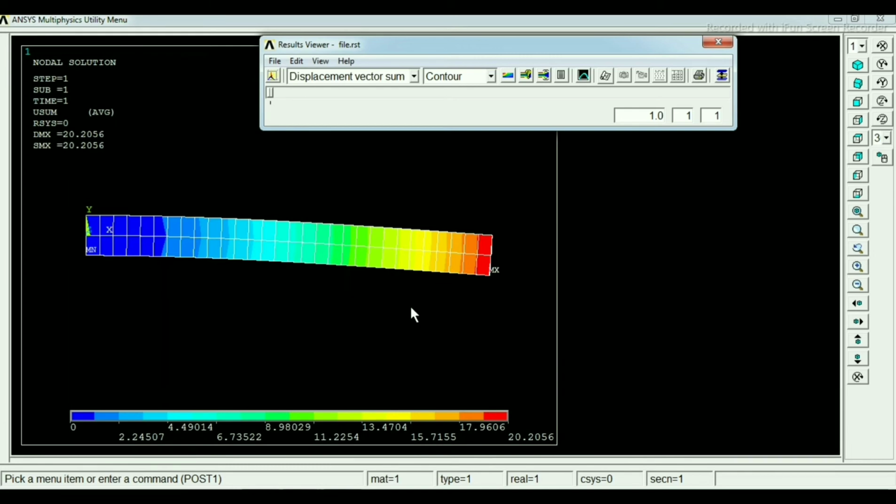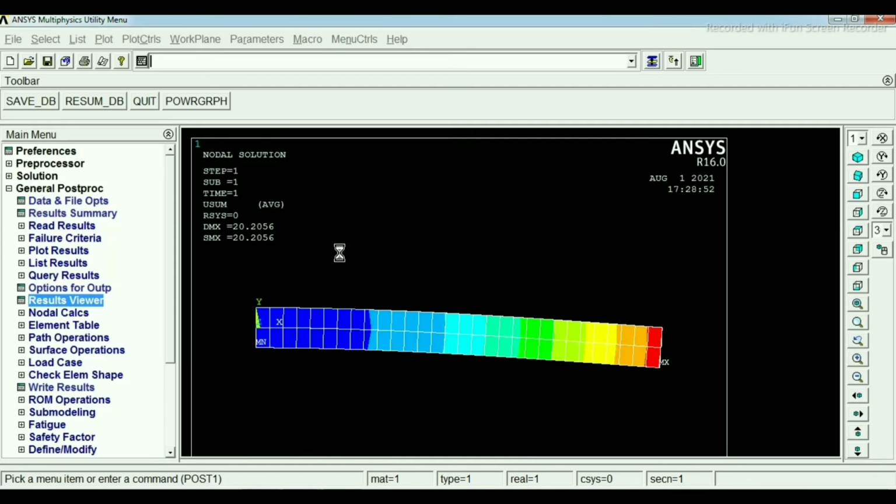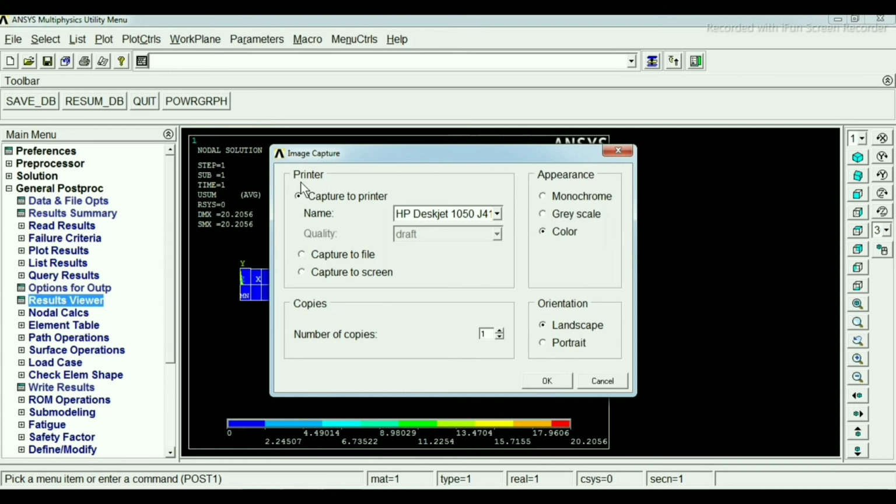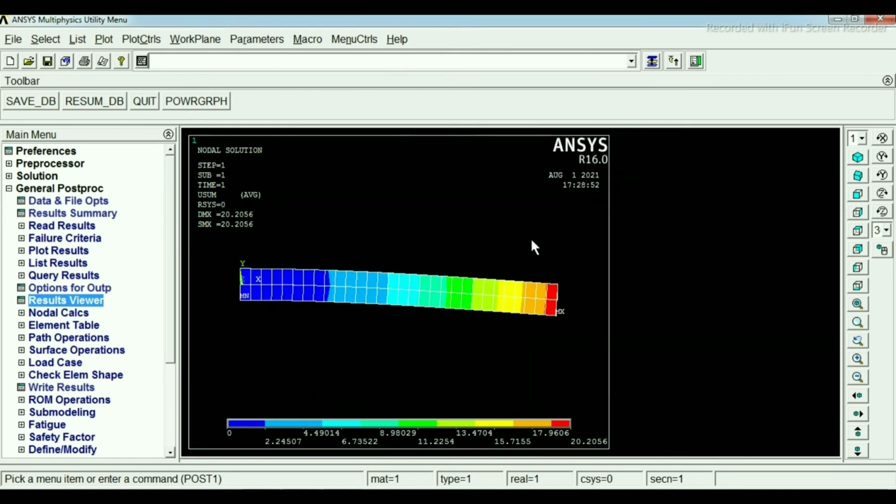You can take a screenshot of this also. Here you can zoom in and zoom out, and there is an option for image capture. If you want to capture the image, you can capture it, and you can also print from here, and then cancel.